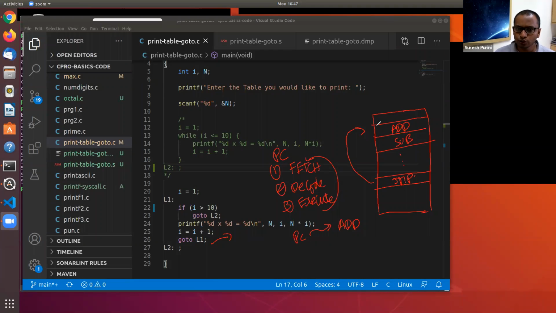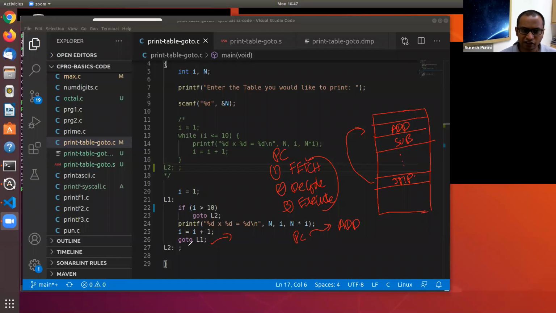And you have to use these control transfer instructions in a clever way to realize the logic that is present in your algorithm. So here you have the bare bones goto statement. The semantics of the goto statement is very simple. Goto L1 means go to the statement to which the label L1 is attached.